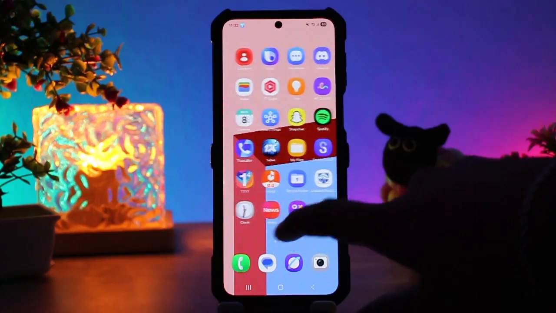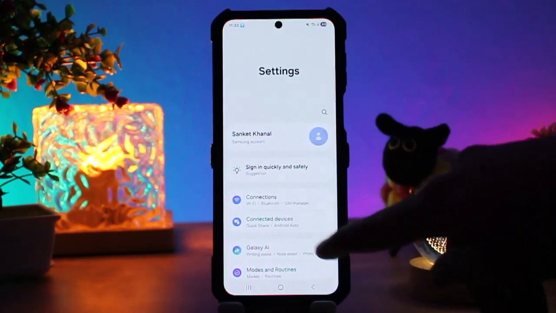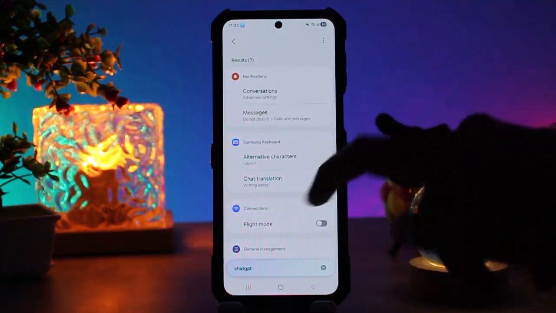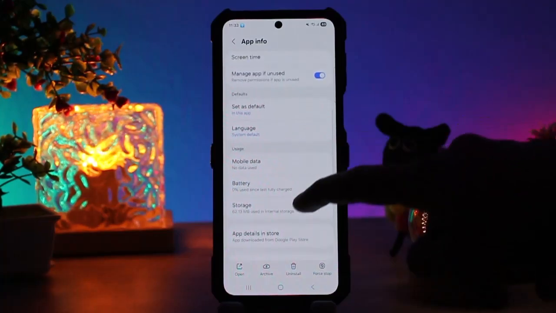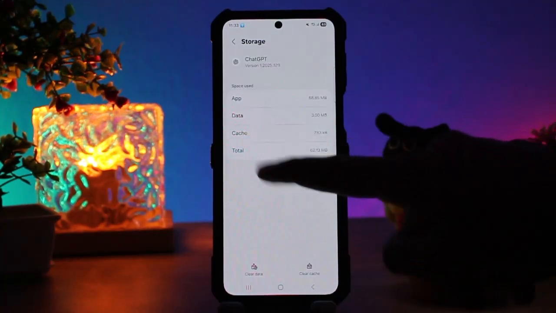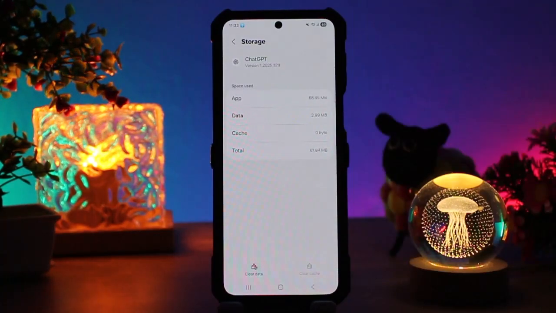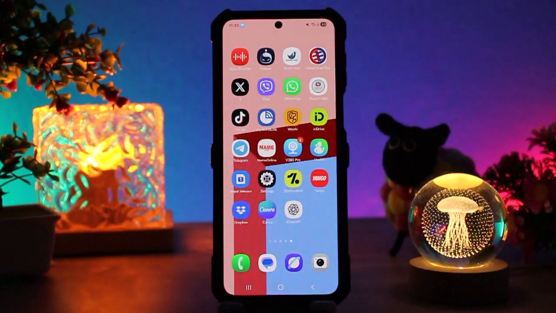If it doesn't, then you just need to go to settings on the device, and from here you just need to search the app ChatGPT. And from here, click on the option of app and click on the option of storage. And here you will see the option of clear cache at the very bottom. So click on it. And by doing all of it, it helps you to fix the issue of not being able to log in on